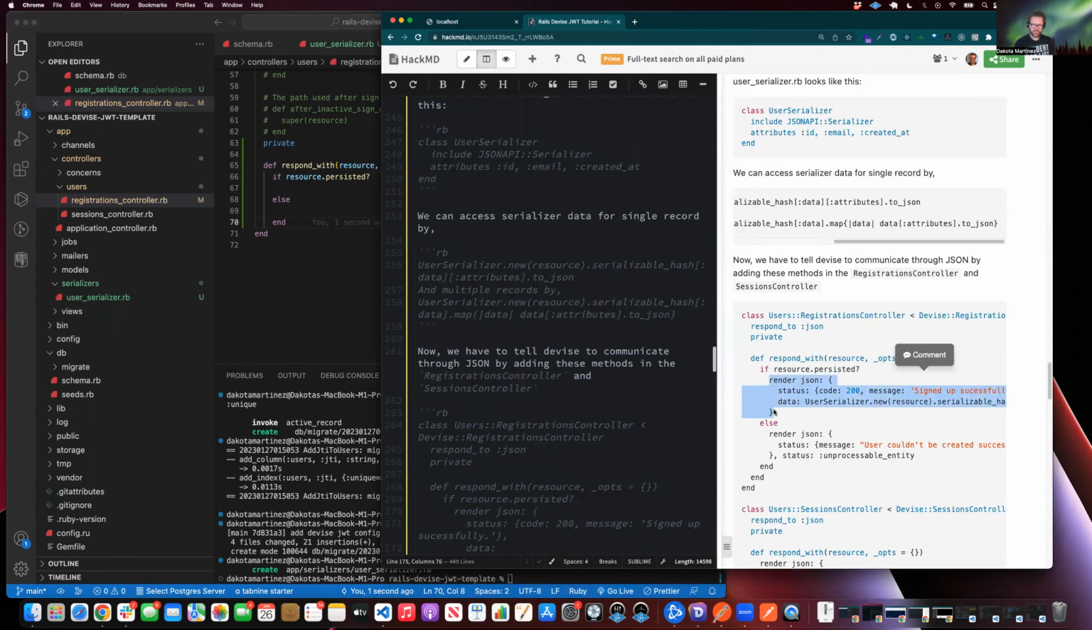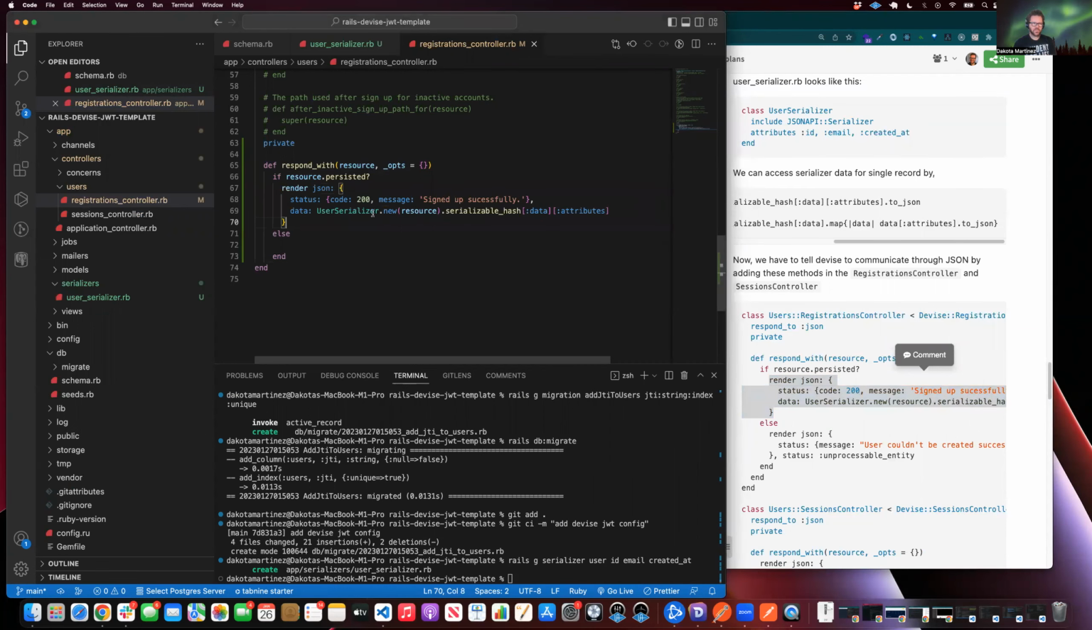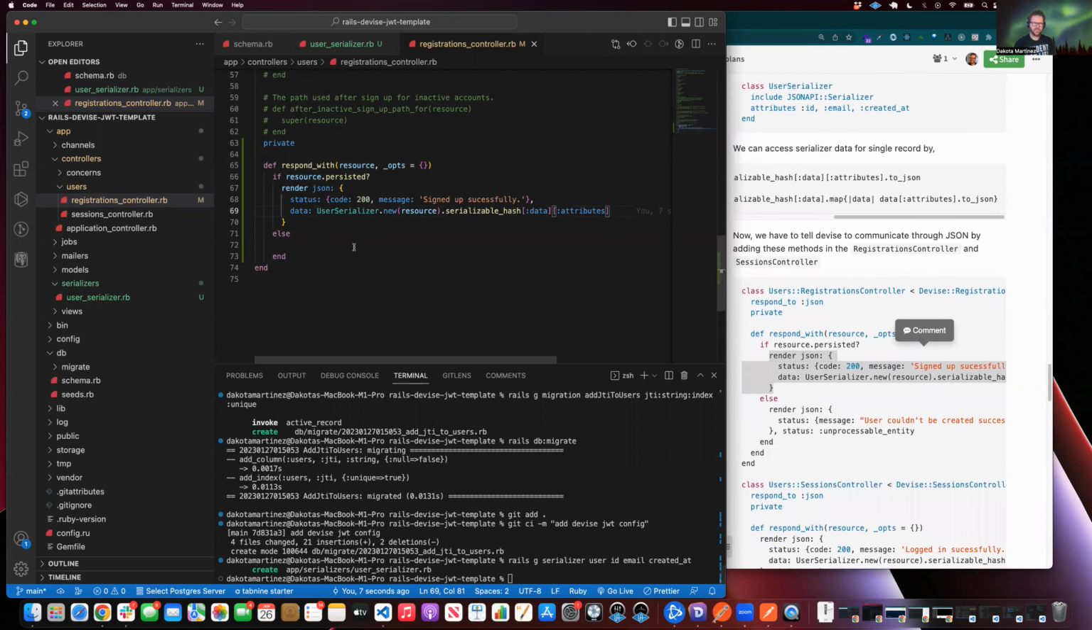I'm going to actually just copy and paste this piece. We're going to render JSON with the status code of 200, message is signed up successfully. And in our data, we're going to use our serializer, pass in the resource, and invoke serializable hash data attributes. And because we're rendering this as JSON, it works even without adding the to JSON there. It's okay. And then in the else,